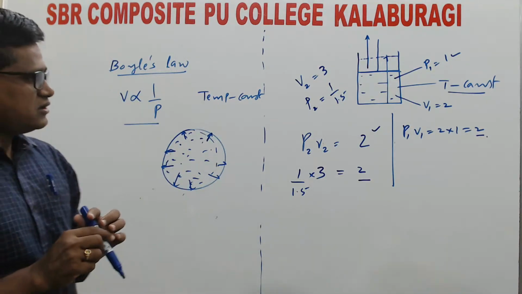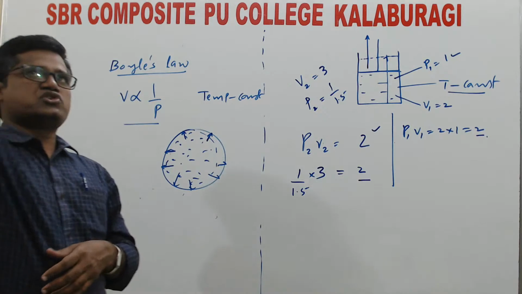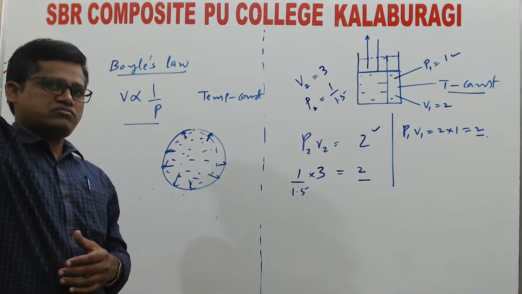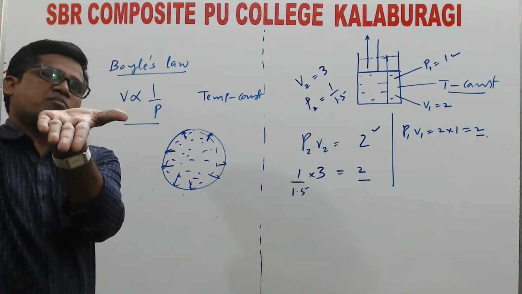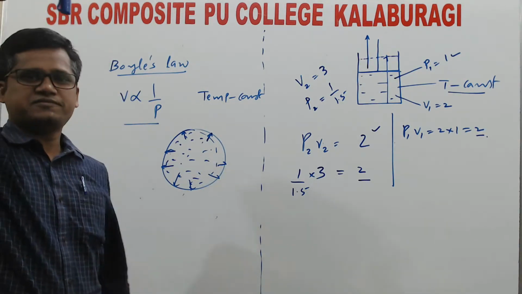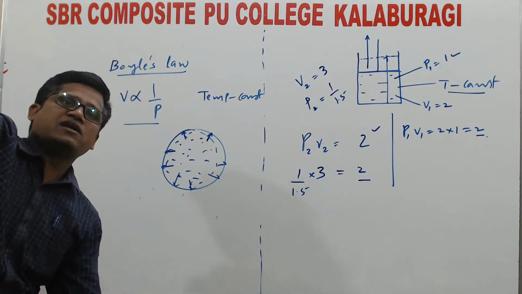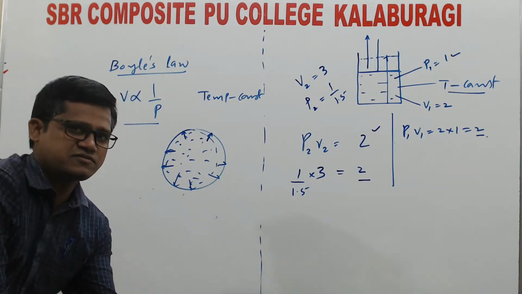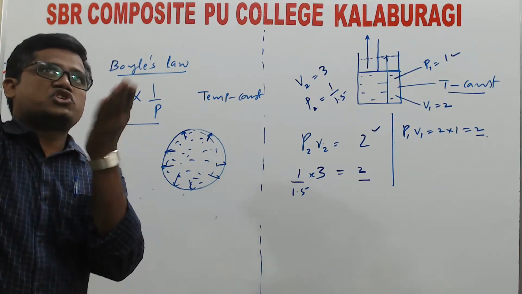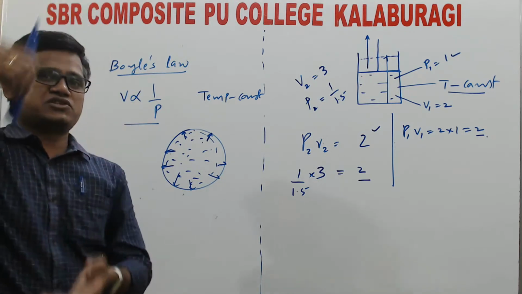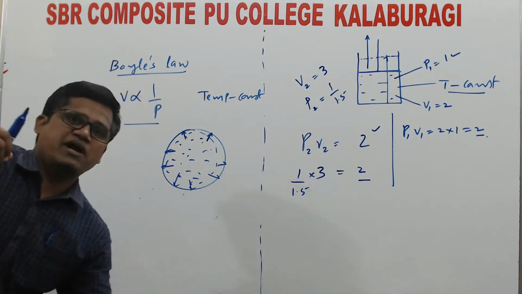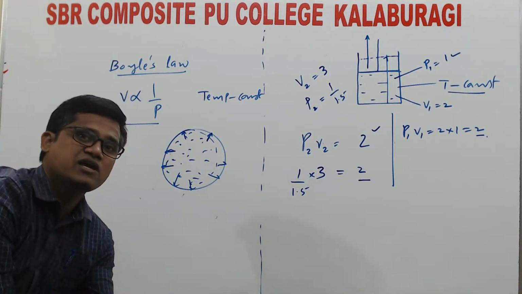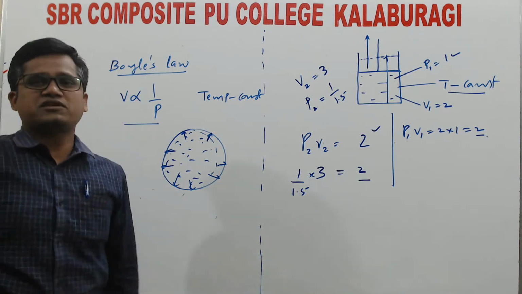For example, if this duster or marker falls from zero height, when I keep my hand here, it will hit with less velocity. When I keep my hand higher, its velocity increases. By the time it comes, it will hit with high velocity. When I allow it to fall from a height, it will increase its speed, hit with high speed, and create more impact. Likewise,